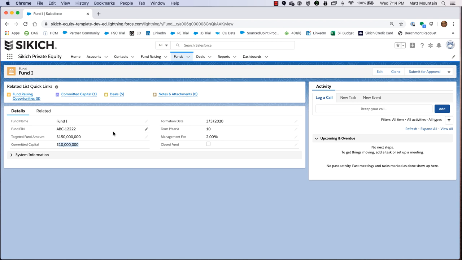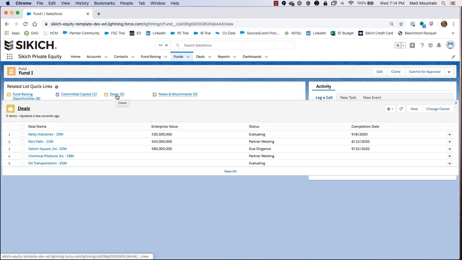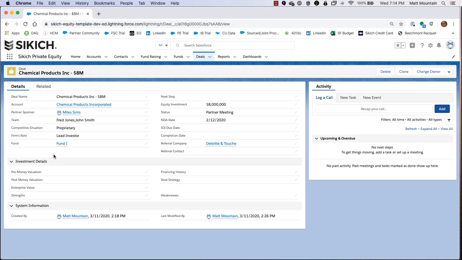What you also have the ability to do is to take a look at deals. And these are all the deals that you're looking at and taking the money from the fund and potentially doing deals. So in this case, we've got 5 different deals that we've added in here based upon the different types of companies. So if we take a look here at chemical products, for example, we want to be able to take a look at, well, who's the partner sponsor, who is the team that's working it, what kind of competitive situation is it, what's our role, it's associated to Fund 1, what status are we at,